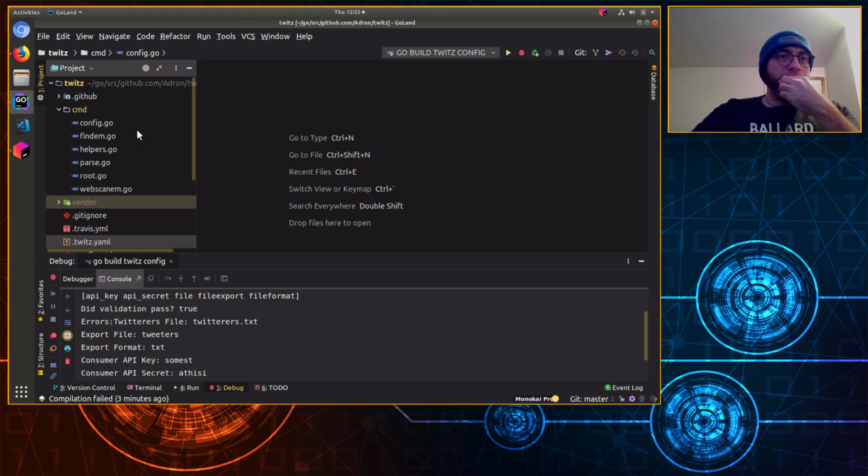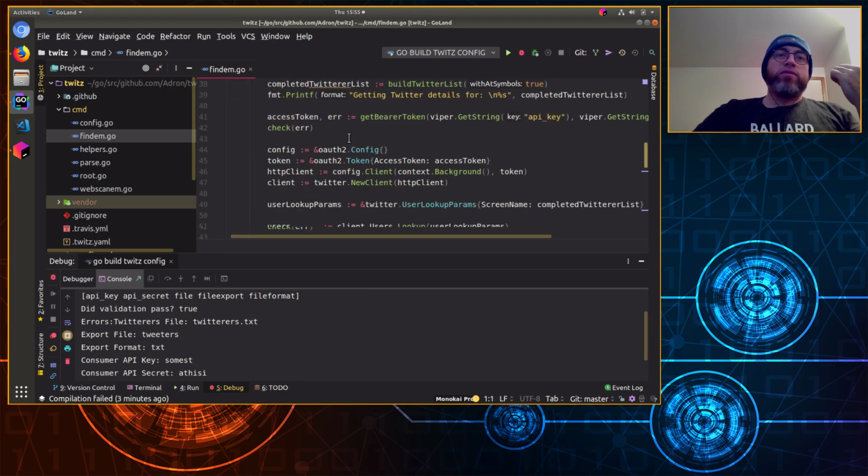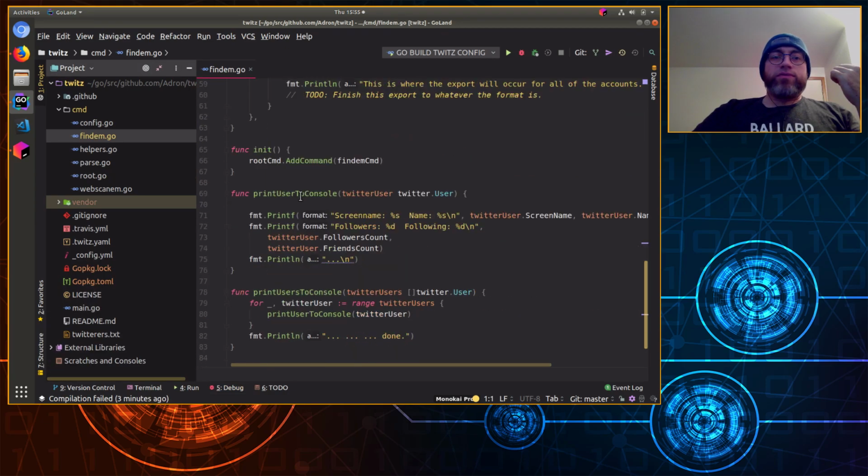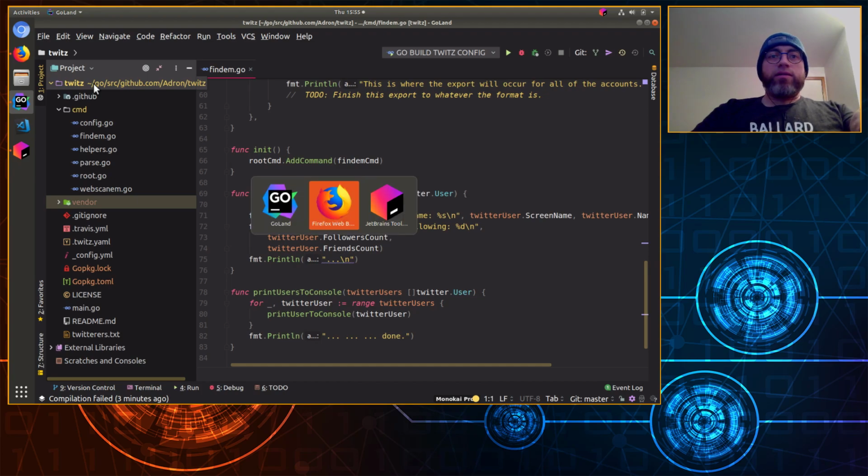So a couple things we want to do. First things first, let's do some code cleanup. As you can see in find them and some of these other ones, it's just endless strings of junk here and a bunch of other stuff that's kind of just out there. So let's create another directory, and we will call the directory